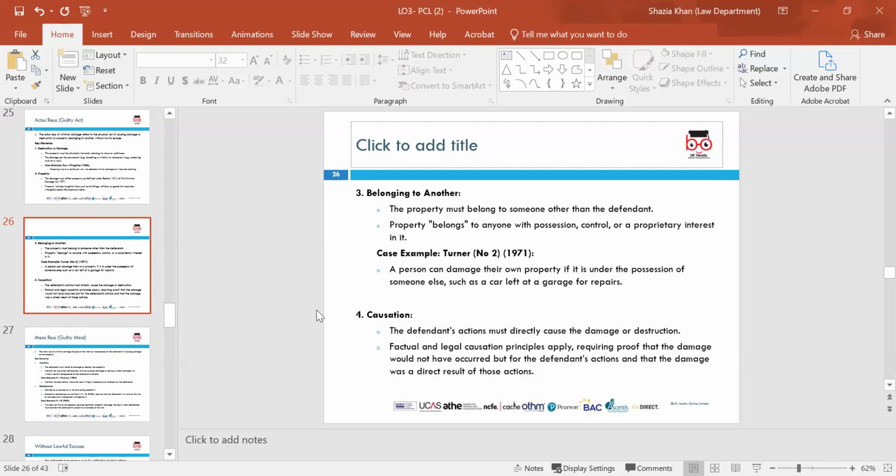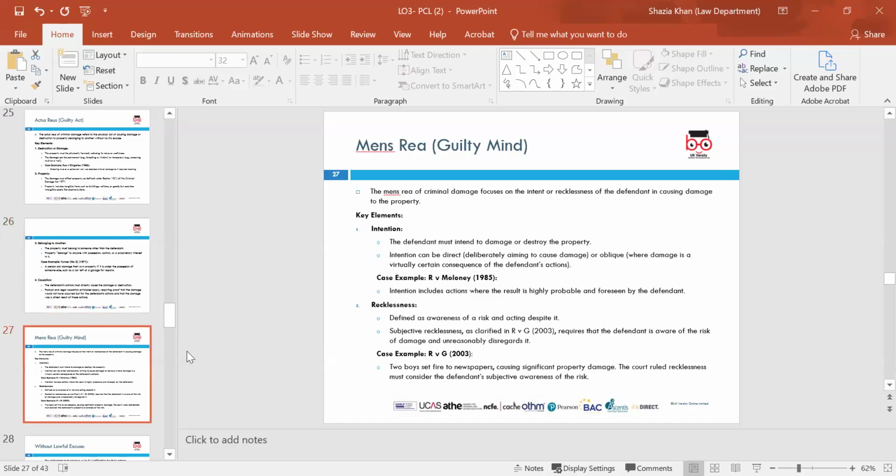Even a partial interest by the defendant meets the requirements, as in the case of R v Whiteley, 1991. The case example is the popular case of Turner No. 2, 1971. And causation: the defendant's actions must directly cause the damage or destruction. The mens rea, the guilty mind,